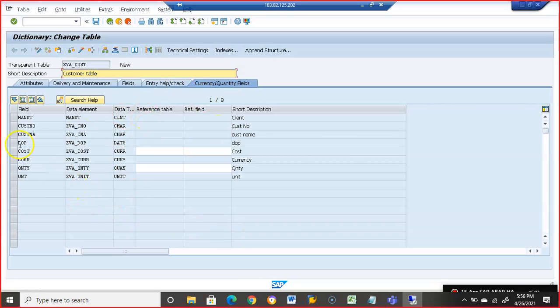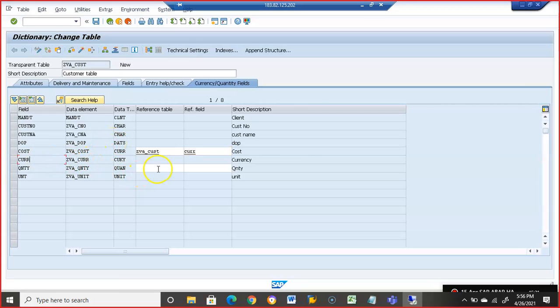If you see here, for all the other fields these are all disabled, but for cost and for quantity there is a reference table and reference field that is required. So the reference table happens to be the same table here. You can also give the reference table of another, but right now we are doing it here only. Then the reference field happens to be CURR, which is just below this.